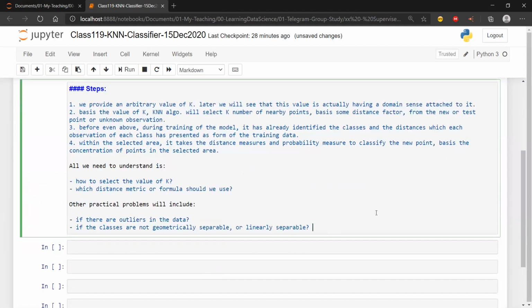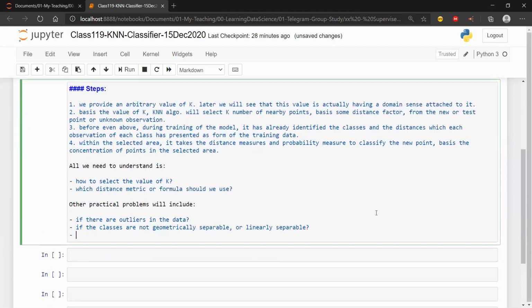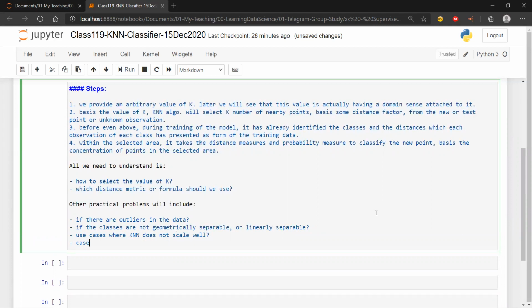In that case, what shall I do? What will be the limitations? Or let's say use cases where KNN does not scale well, cases where KNN will be more prone to make mistakes.